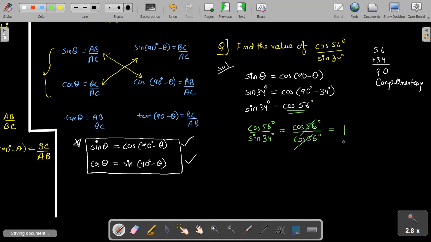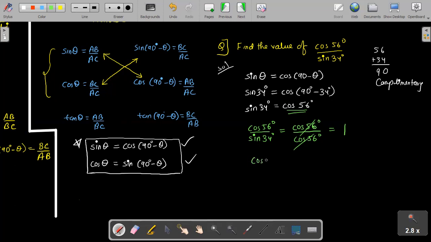Okay, this is how you will be using these ratios in the question. Sometimes, when you do 90 minus some value, you get the answer cos of 30 degree. Now cos of 30 degree you already know from the table. We have not done that part yet. I'm just saying there are some values in the table, for cos of 0, 30, 45 and 60 degree, which are already given. Those are the important values which they usually ask in the question. So sometimes you get like that, then you can just substitute that.